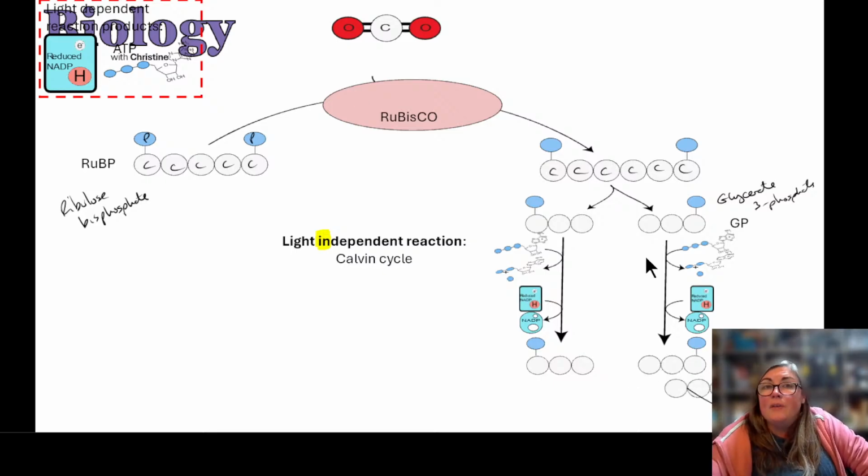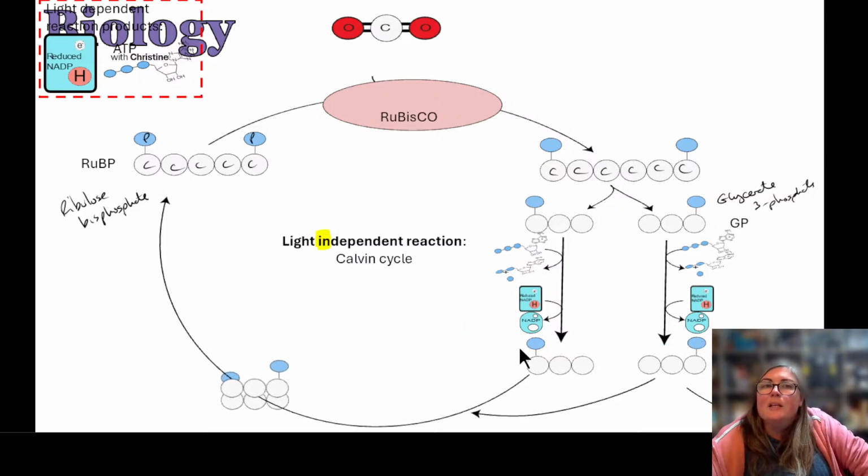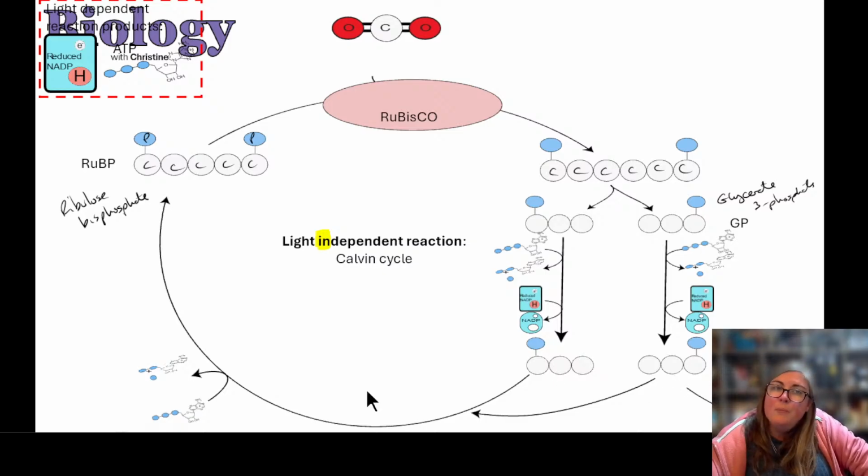Okay, carrying on. 1 triose phosphate will go off to become another molecule, whereas the others need to actually be converted back to RuBP. Now, it's not just 1 and another one, because to get us to the RuBP,